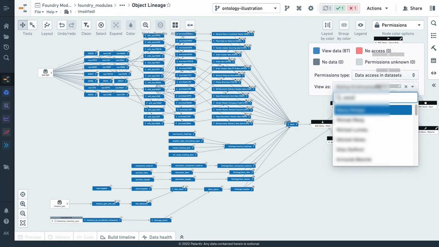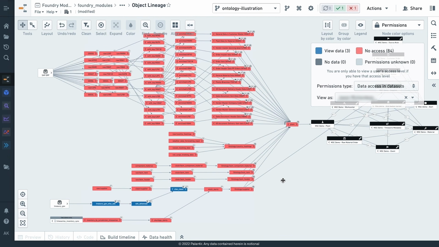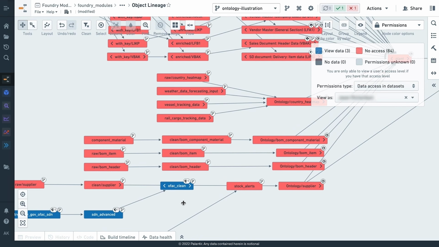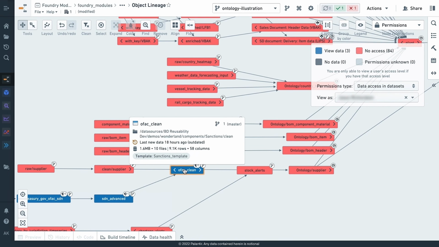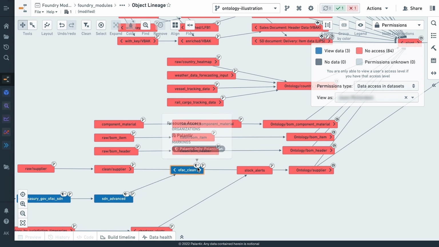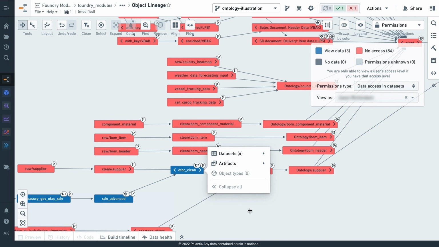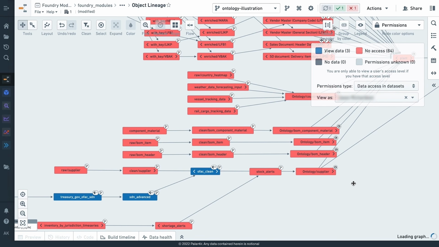If I change this permissions view, which I can do as an admin, to my colleague, Jason Richardson, we'll see that Jason doesn't have access to most things here. That's because he didn't have access to anything except for the treasury.gov source. And so when the permissions flow, he's going to lose access the moment we start to blend that source with other sources. You'll notice he actually has one exceptional piece of access here where he would not have had access originally, which is on this OFAC clean data set, because we actually chose to situationally expand his permissions in this case, but not allow that to propagate forward to any other pieces of the pipeline.